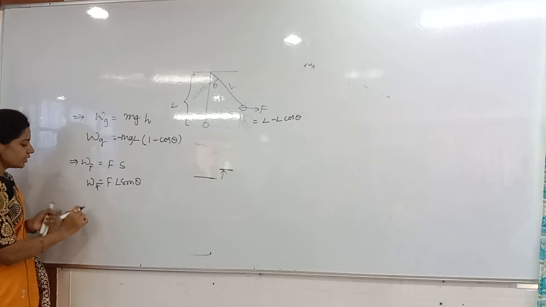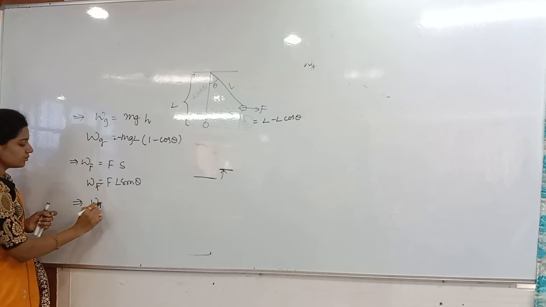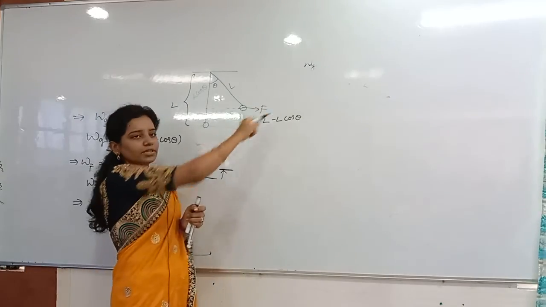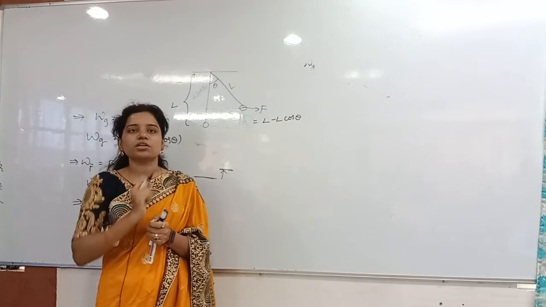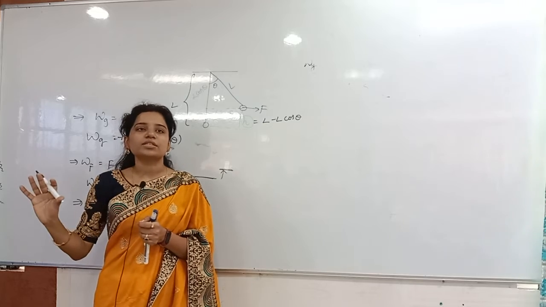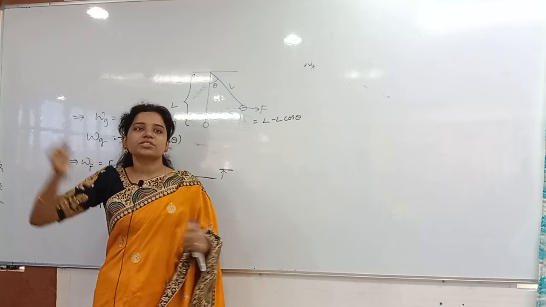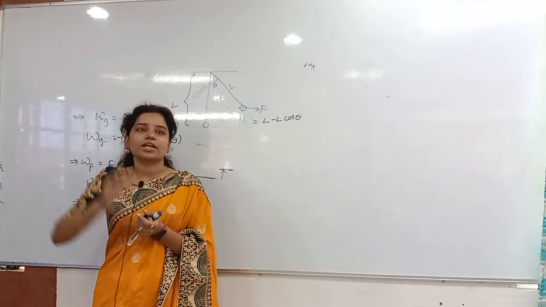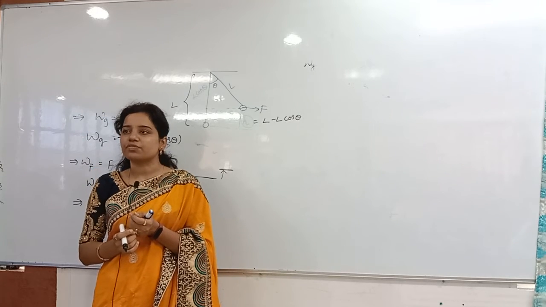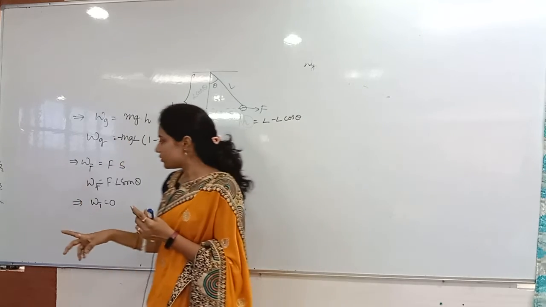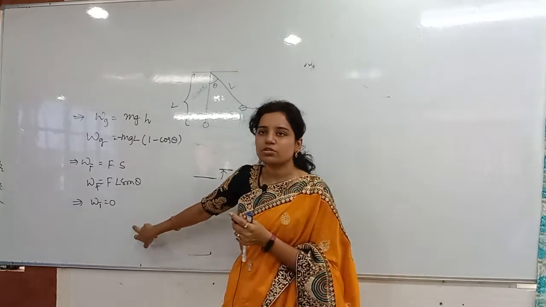Next, work done by the tension is equal to how much? Zero. Why? Because here the force is causing the displacement and also mg is causing the displacement, but the tension is not causing any displacement. It is not making the string stretch. If it is stretching, then the elastic constants will be there, and F is equal to kx you have to apply at that time. So here the tension is not causing any displacement, so it is zero.